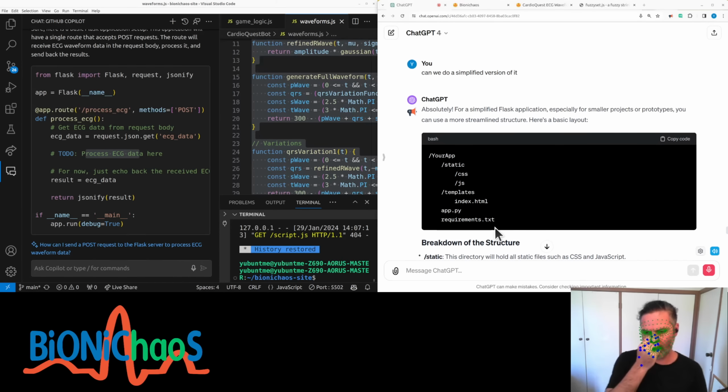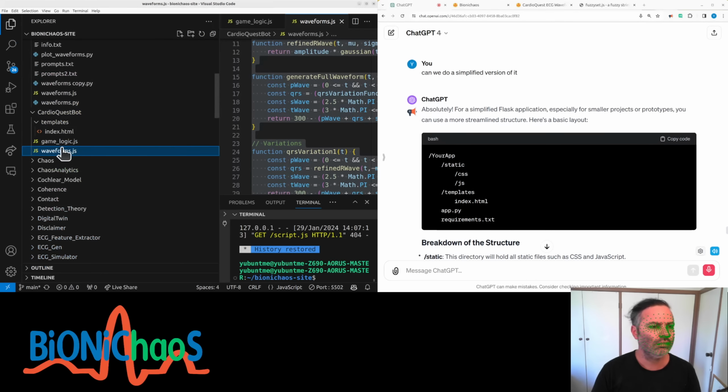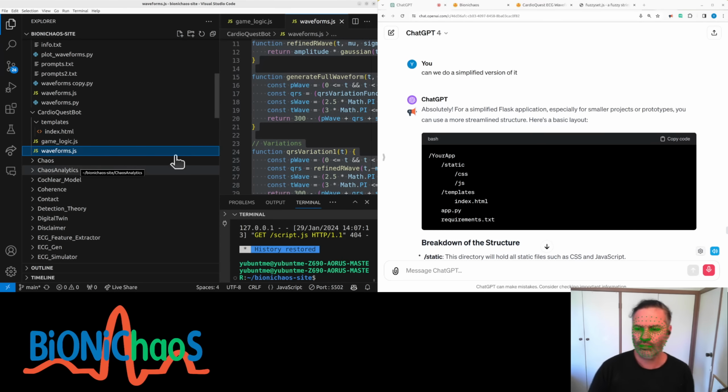Templates, as before, this folder contains your HTML templates. Index.html, main HTML file for your application. App.py, the main Flask application file. Requirements.txt, lists your Python dependencies. When using static files in your HTML,